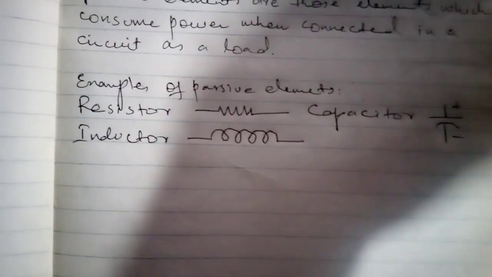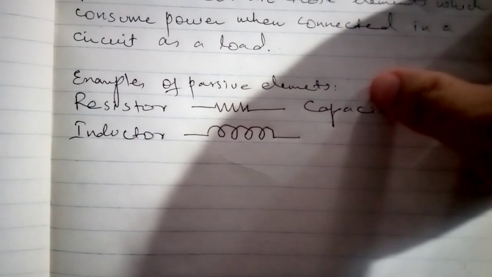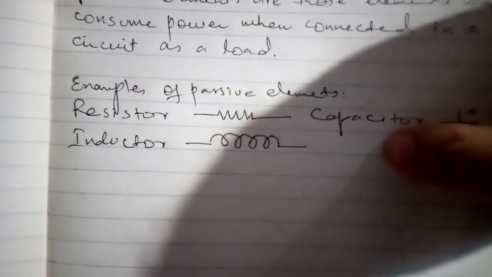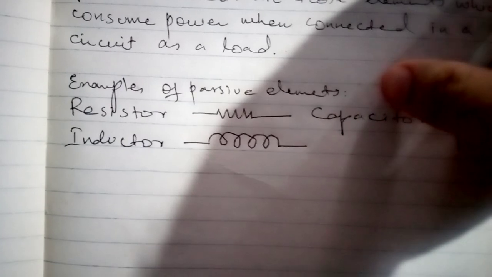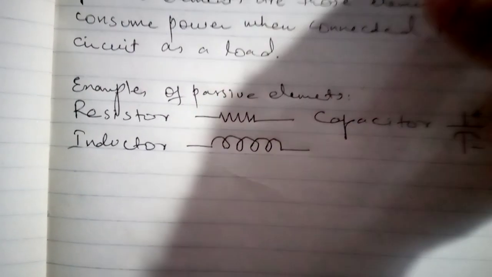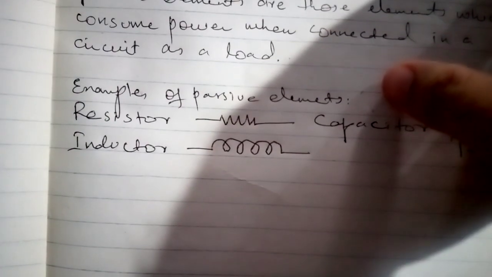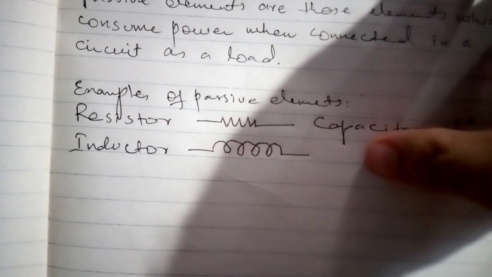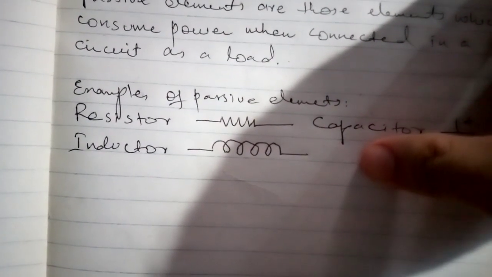What is the definition of a resistor? I will quickly tell you, as I have already defined in previous lectures. Resistor is a component, an element of electrical and electronics engineering which actually resists the flow of current in a wire or in a circuit. When there is any resistance in the flow of current, it's due to that component which is called resistor. So it's because of resistor there is a hindrance in the flow of electric current.